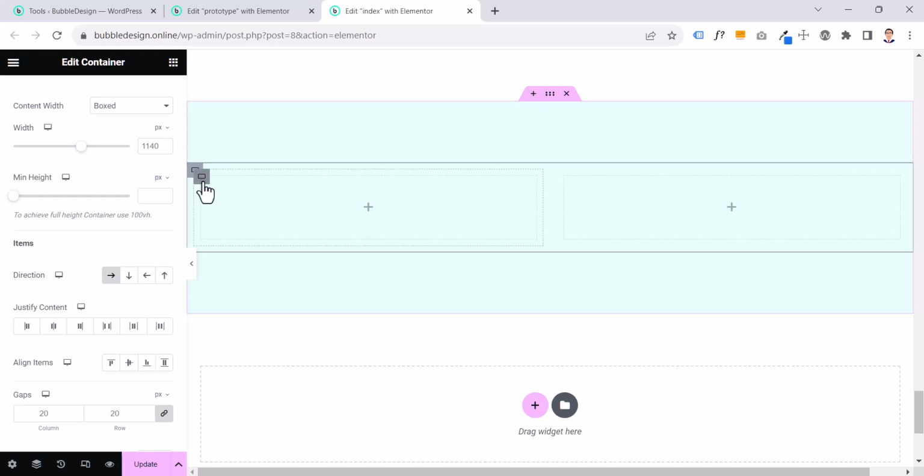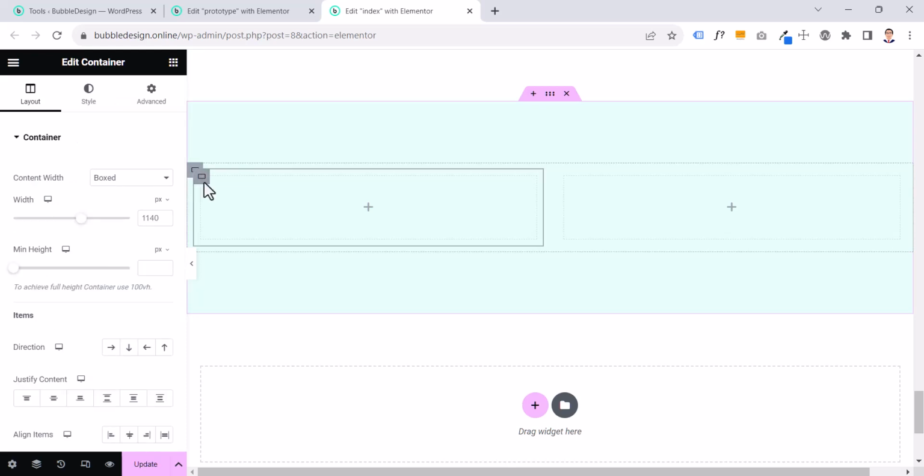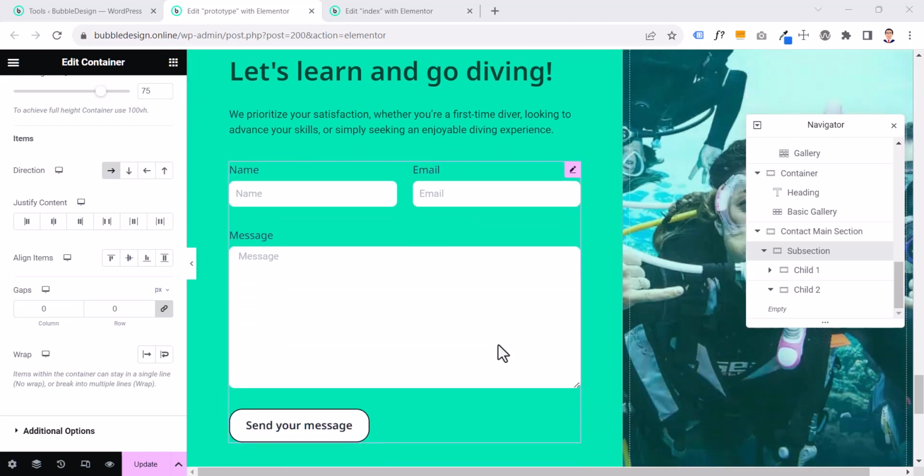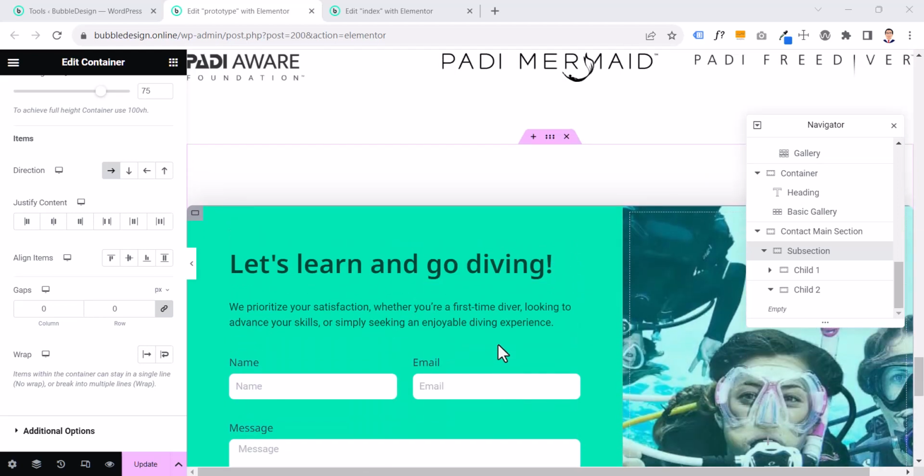And we are going to put our form inside the left section and the picture in the right section. Let's go. Before that, I would like to explain all these settings here, and then we go and apply these